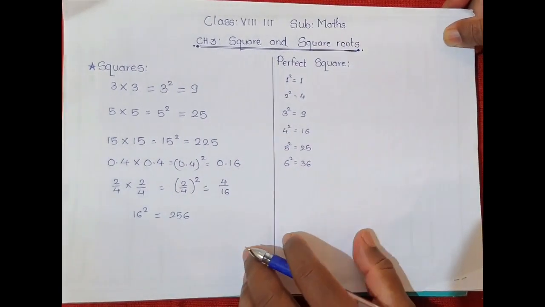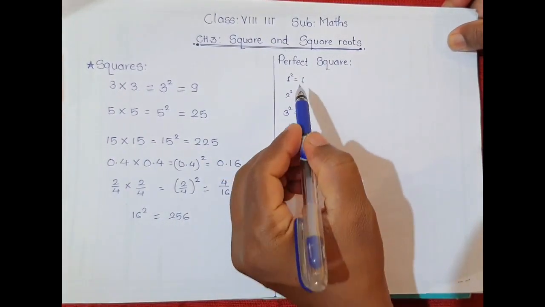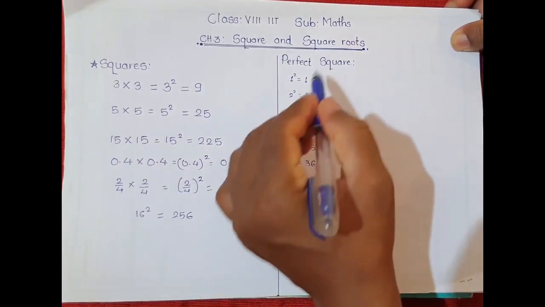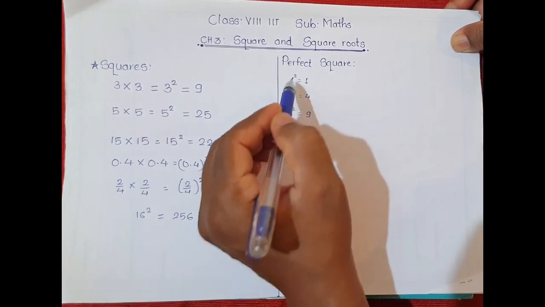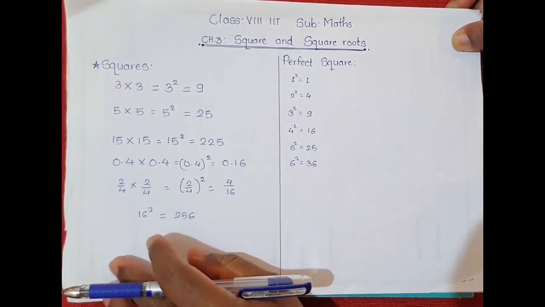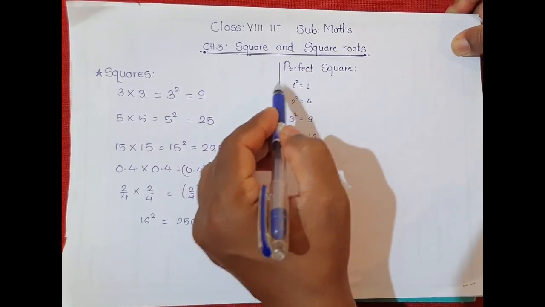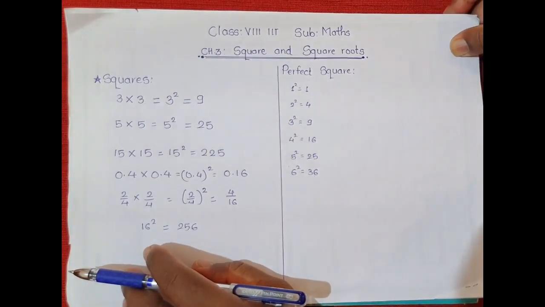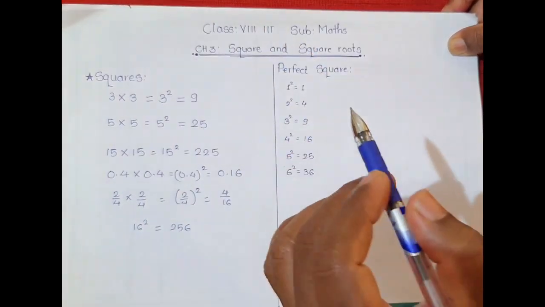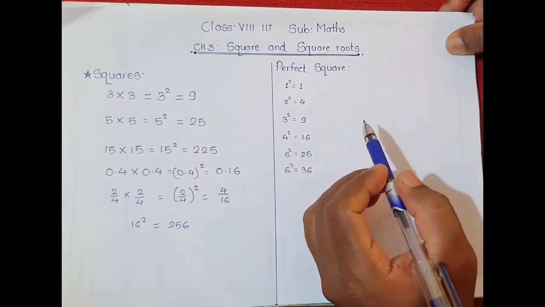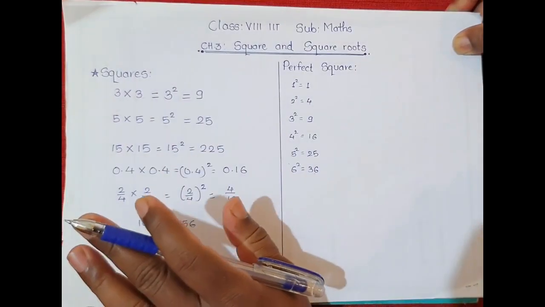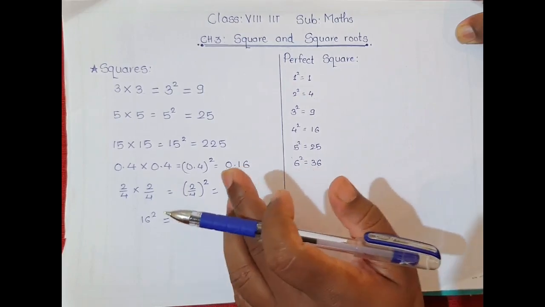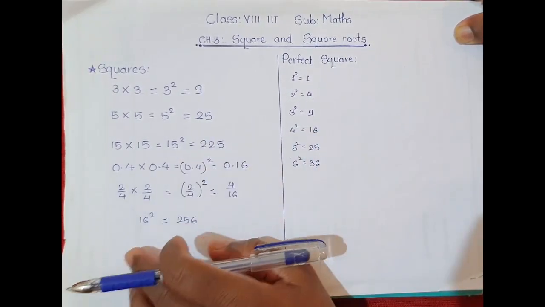Okay. So perfect square means what? See, this 1, 4, 9, 16, 25, 36, these are the squares of these natural numbers 1, 2, 3, 4, 5, 6 respectively. Okay. So these are the square numbers of these natural numbers. Understood? Natural numbers start with 1, 1, 2, uncountable, these are the natural numbers. And the perfect squares are the squares of natural numbers. A natural number is called a perfect square or a square number if it is the square of some natural number.